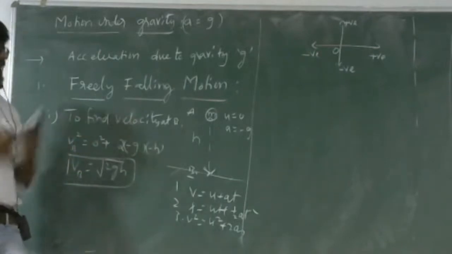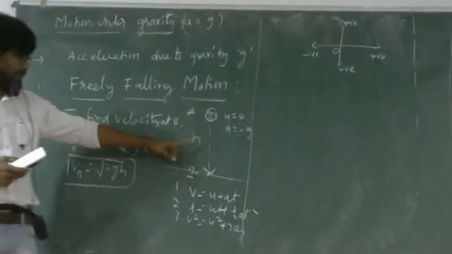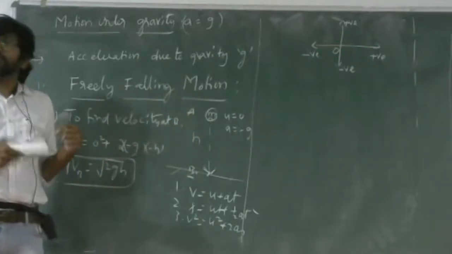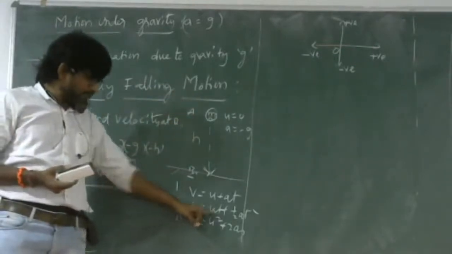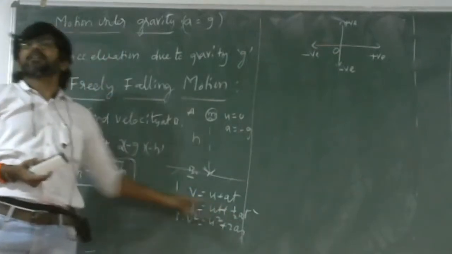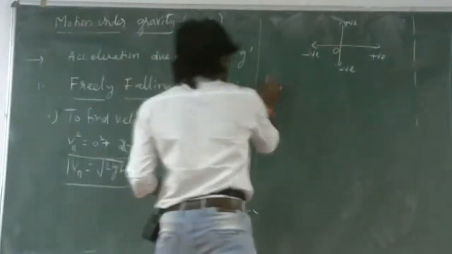Whereas how much time may it take? By knowing the distance traveled, acceleration and initial velocity, how do we find time? Which equation can you use? Second equation. So to find time,